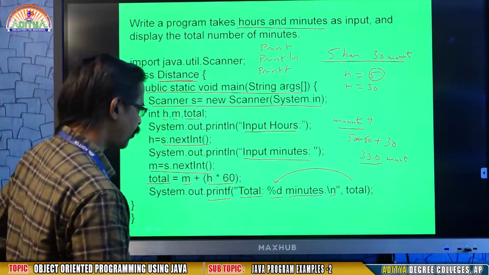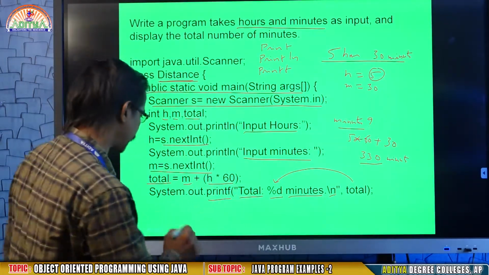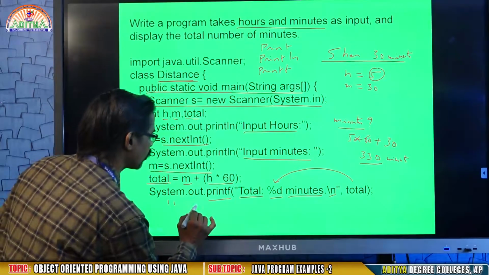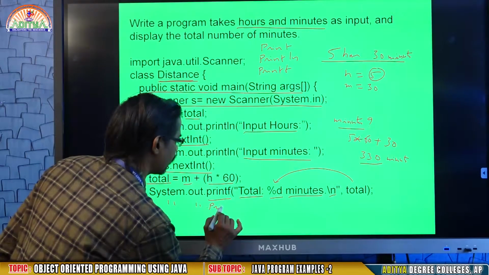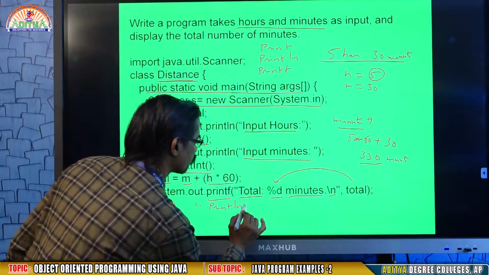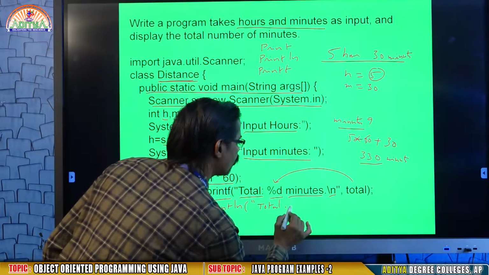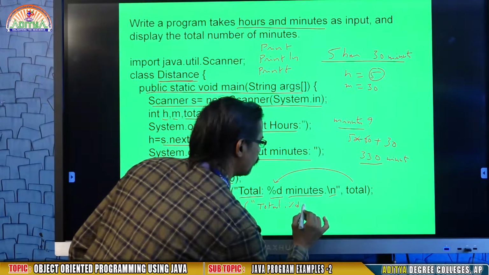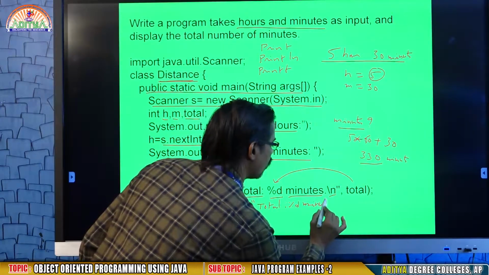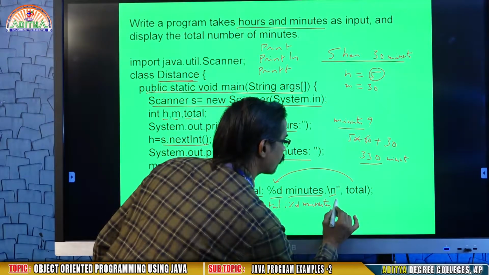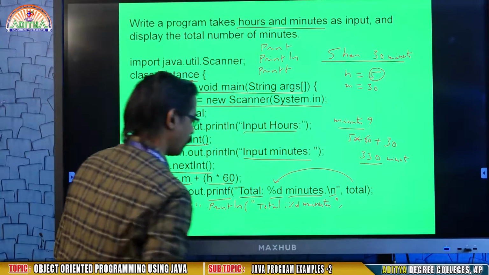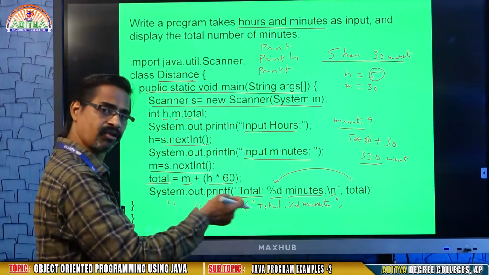In case you want to write the same statement using println, you may write like this: System.out.println, total colon, and if you want, you may write %d minutes. Backslash n is not required because by default println, after printing the line, will come to the next line.